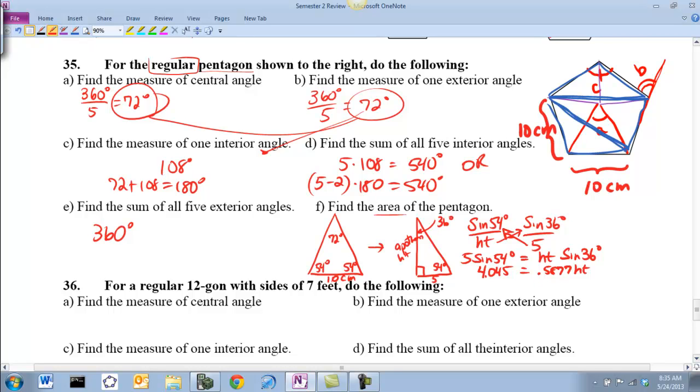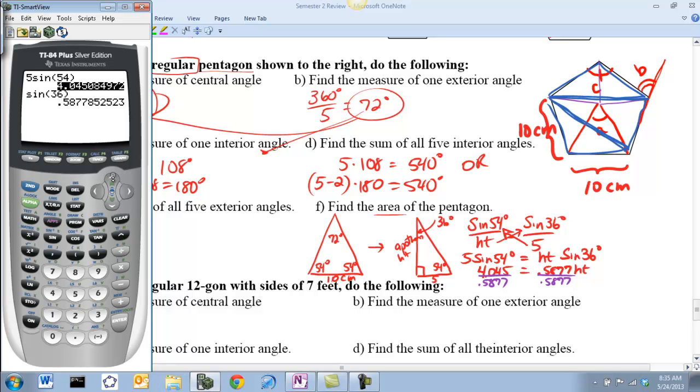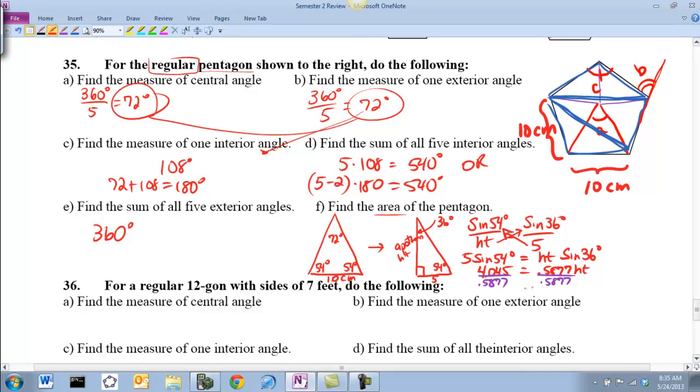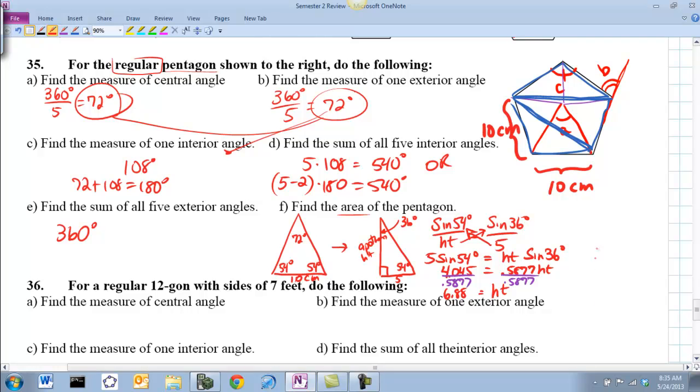Now I'm going to have to divide both sides by 0.5877, both sides. So on my calculator, I don't want to retype all that, so I'm just going to go up and copy the 4.045 and then divide it by that. I could have just retyped it using sine of 36, but that's okay. So I get the height is 6.88. Now that's the apothem, or the height of the triangle. So my area for the whole polygon is going to be the 5 times the area of the triangle